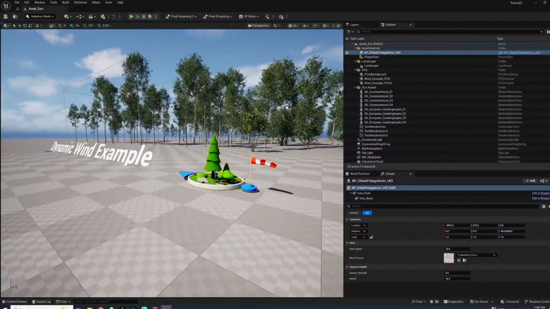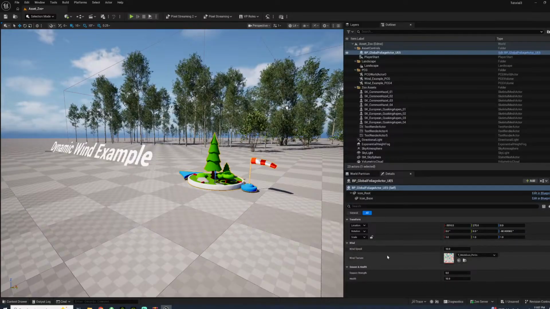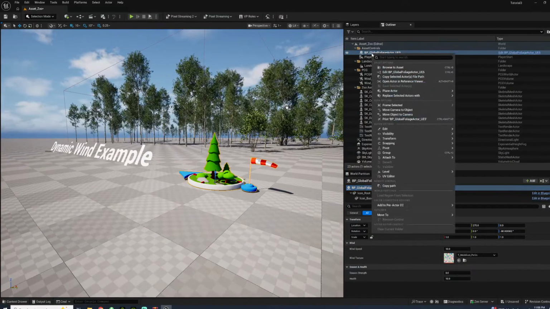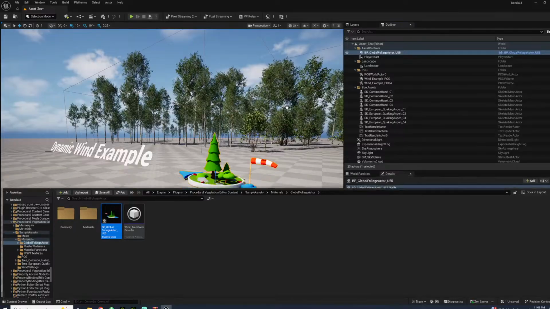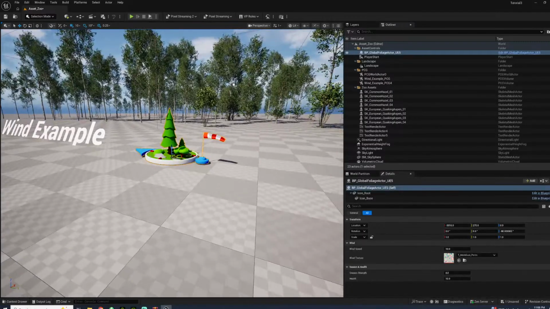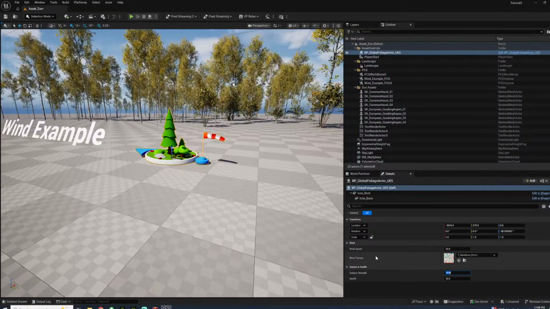And thanks to this little thing, which, if you're wondering where it is and how to find it, let's go through here. You can say browse to assets, and you'll find it in the sample, materials, global foliage actor, just in case you need it. And what this does is, let's go to like 5, 10,